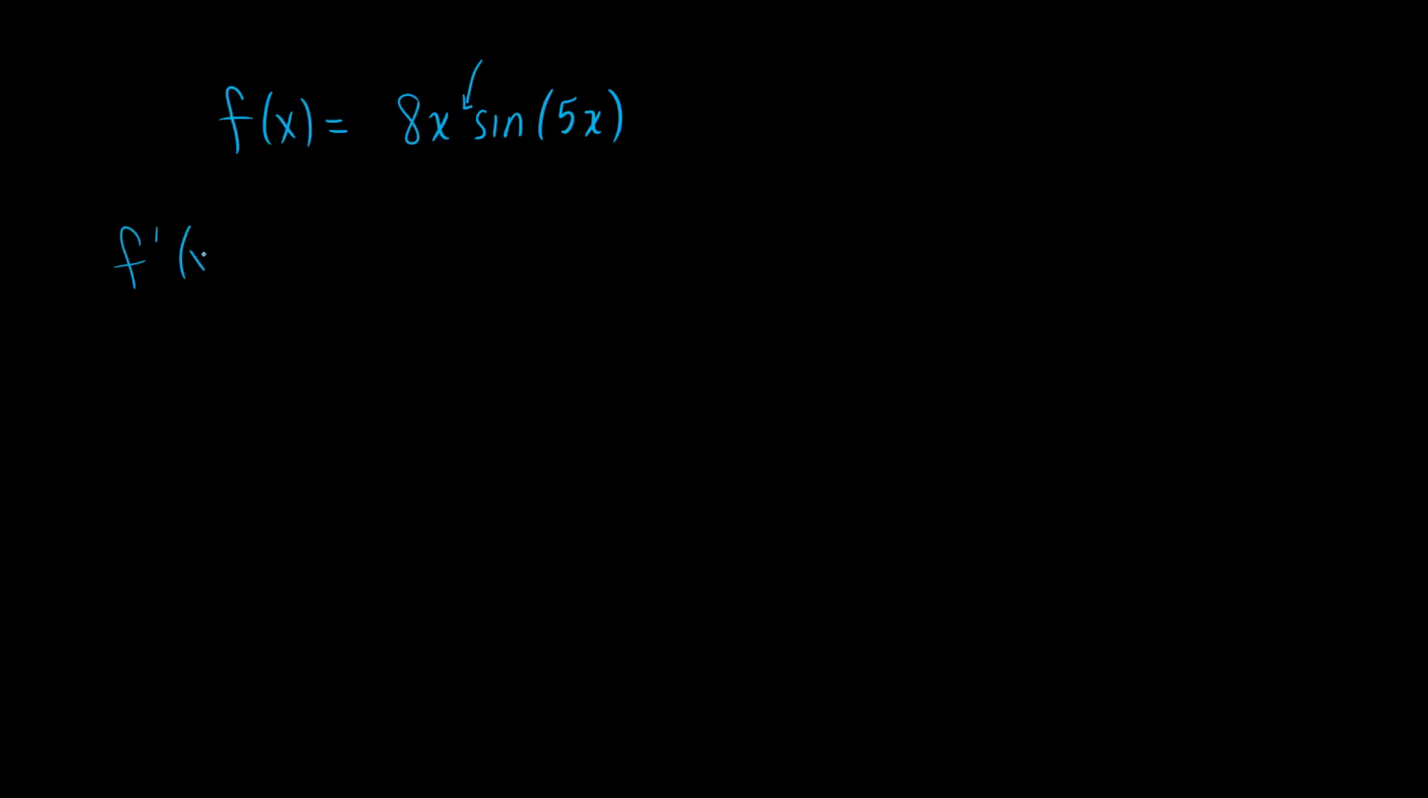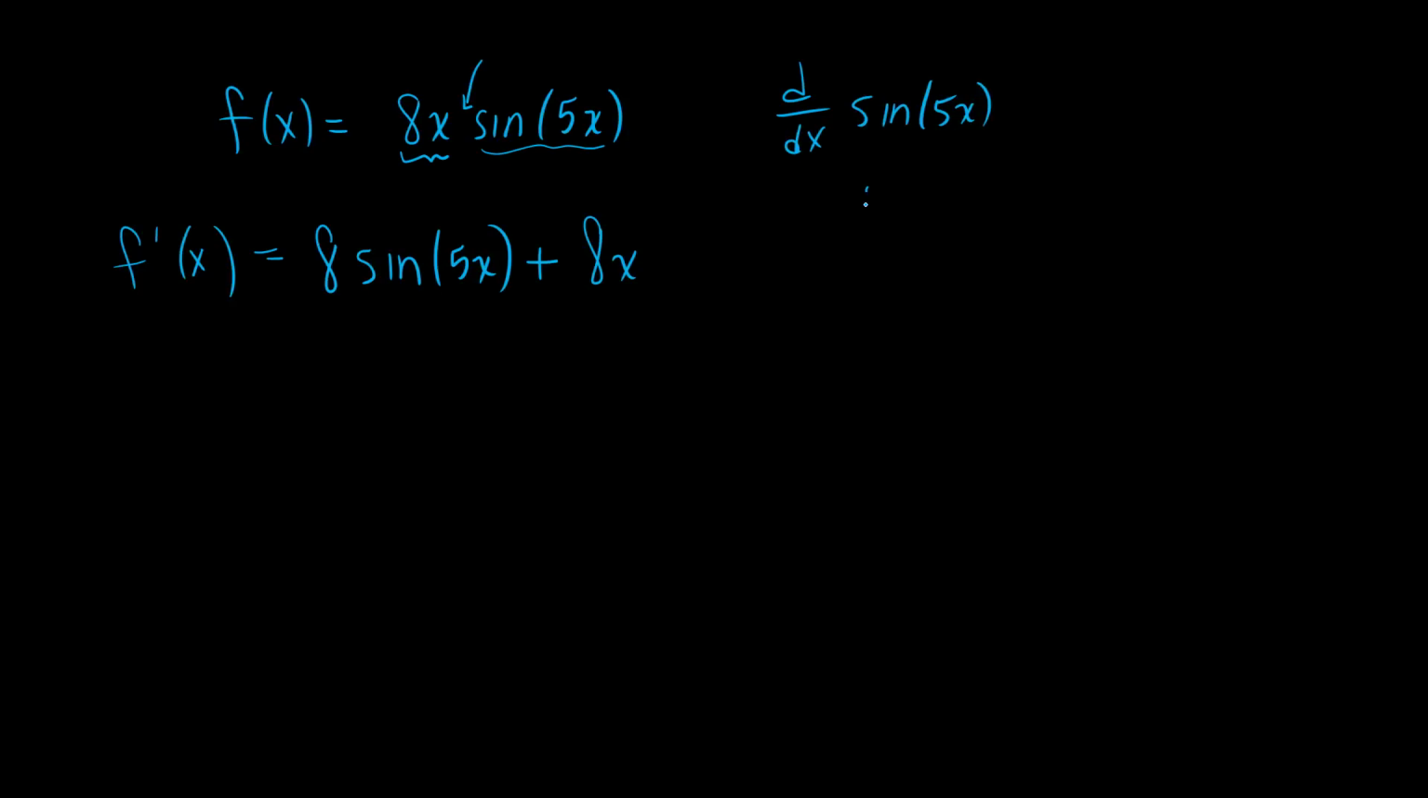So the product rule says take the derivative of the first term, leave the second term alone, plus, leave the first term alone, times the derivative of the second term, which is going to be a chain rule. So sine of u,